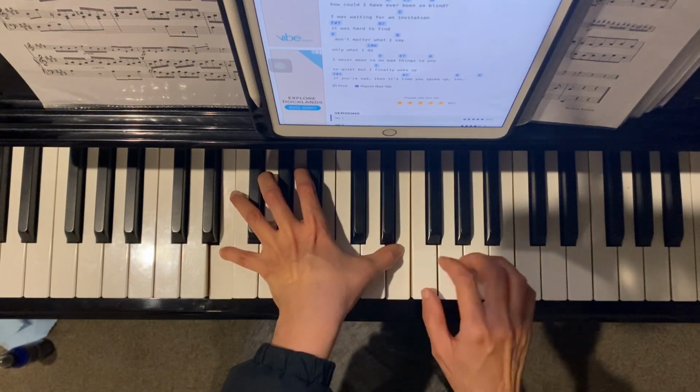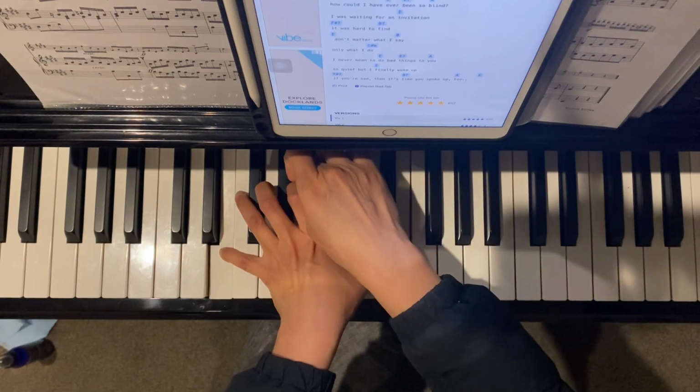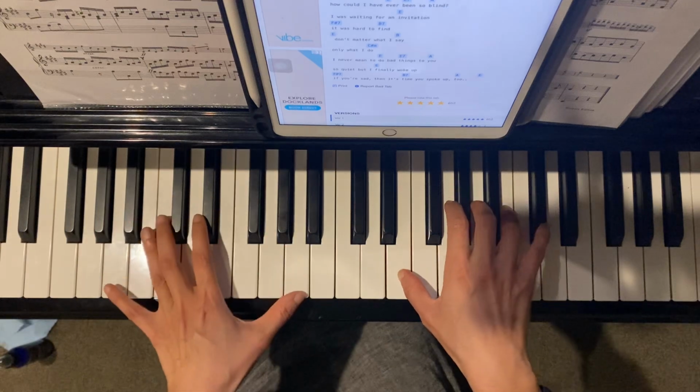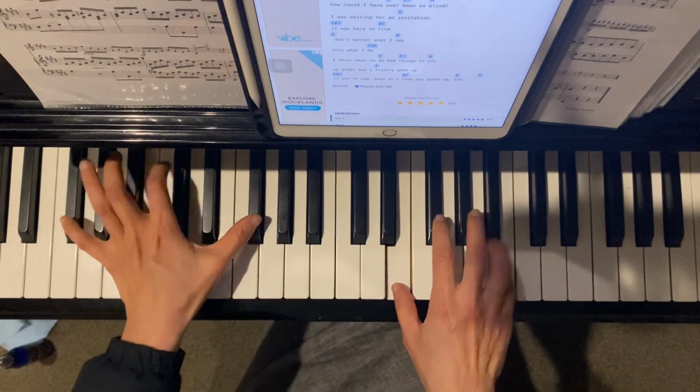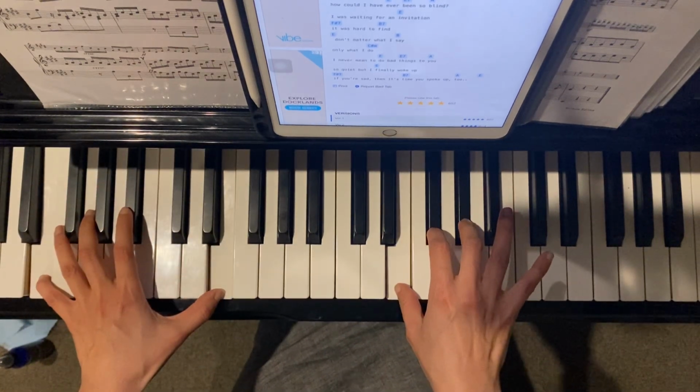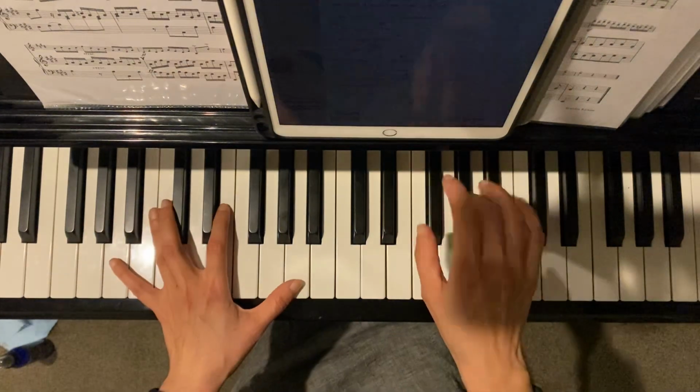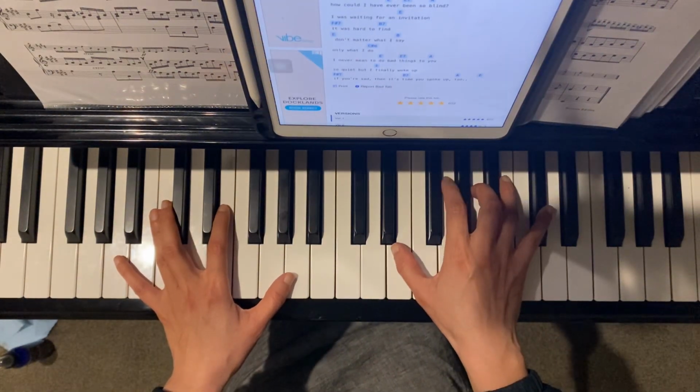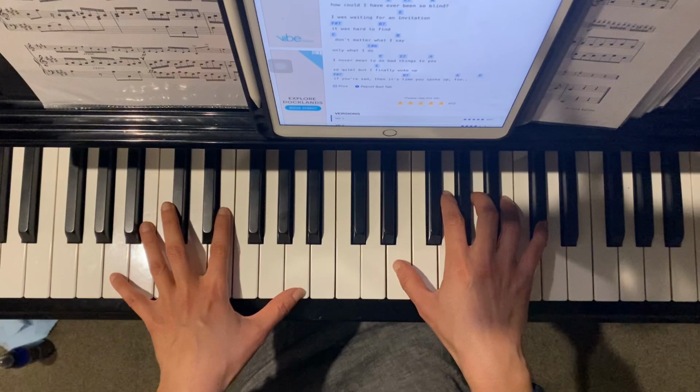To this E, which is the fifth of the A major chord, and go. Right, so I'm going to dissect this ending with you now. What I did was,